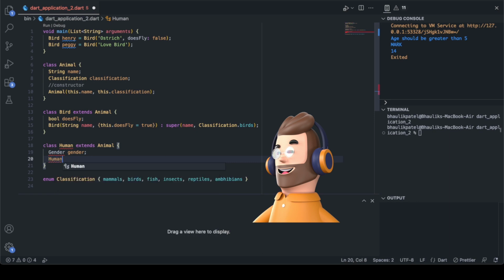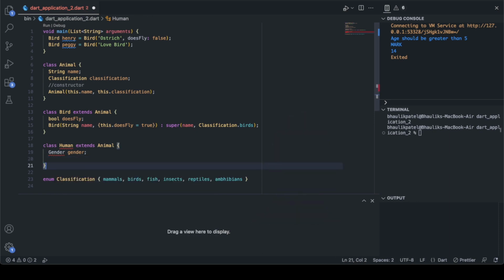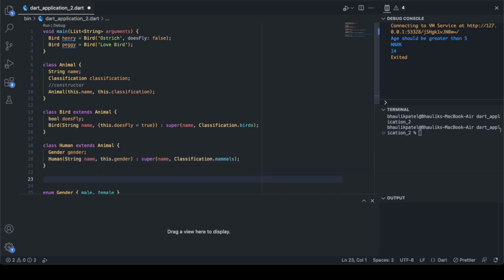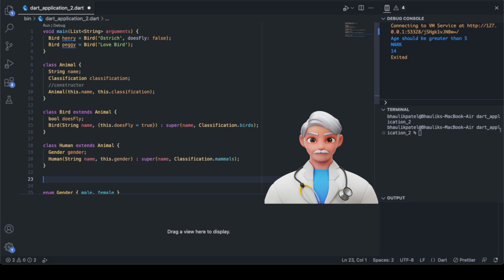Here we create another class called human that extends animal. We have a variable gender, and we'll create a quick enum, male and female. So we need to create the constructor here for human. We'll create the parameters as a string name, a gender, and we'll pass in the classification as mammals. Up next, let's create another one called doctor,